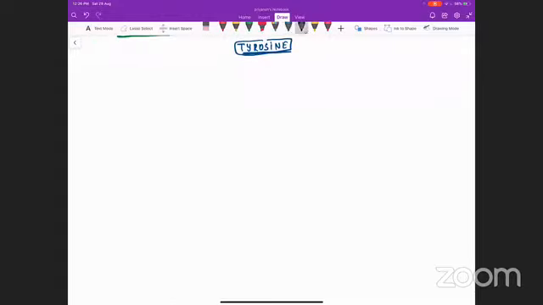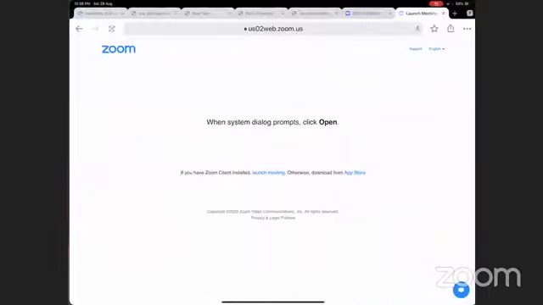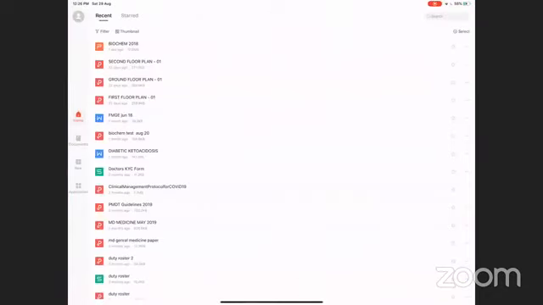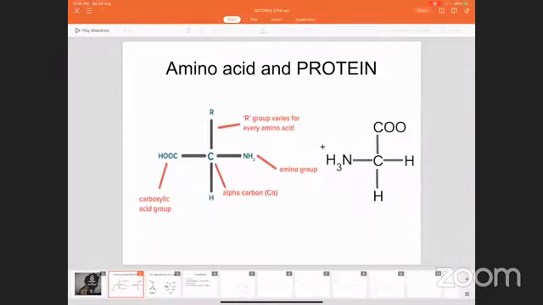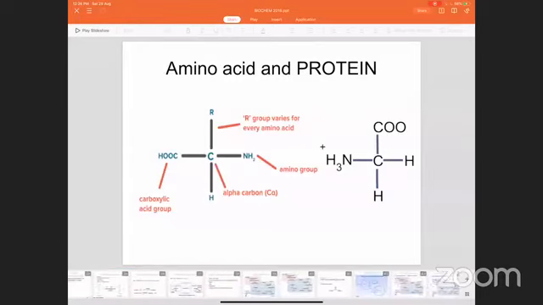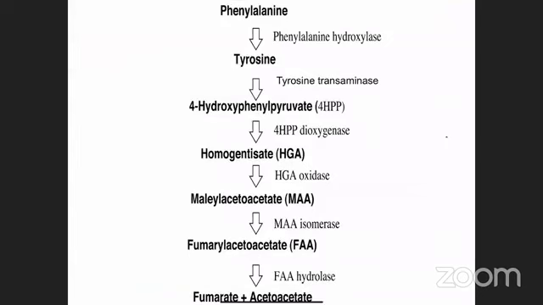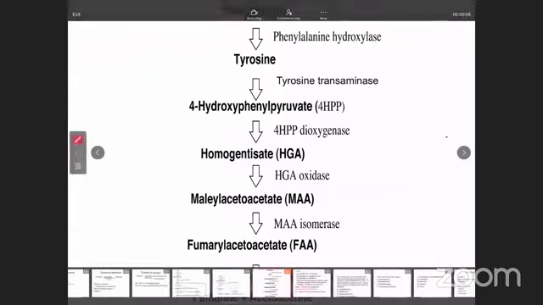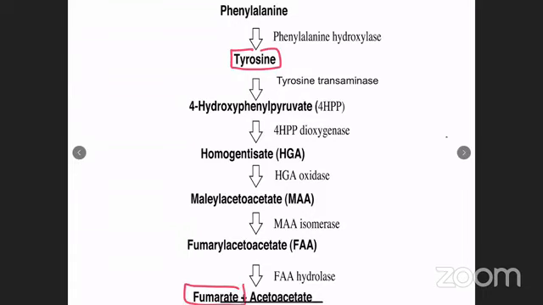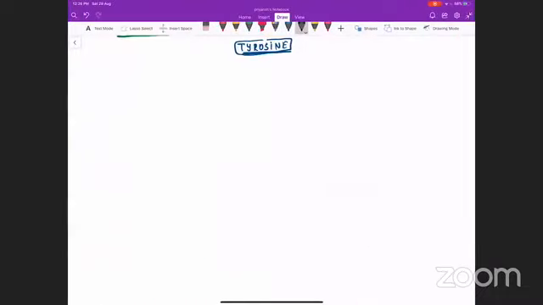Okay, just pay attention. It is a small pathway. I am just showing you the pathway first. I will come back to this slide showing the pathway. This is the tyrosine catabolism pathway. We will start from tyrosine and catabolize the tyrosine into two molecules, fumarate and acetoacetate. Now pay attention, it is a small and easy pathway. You will remember this pathway here itself.